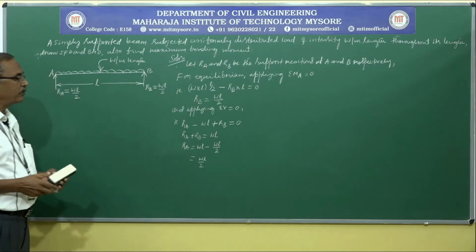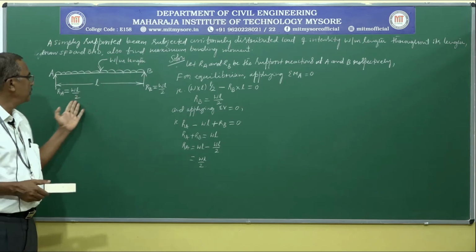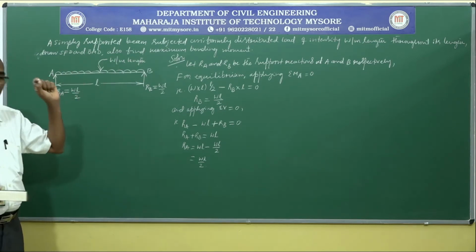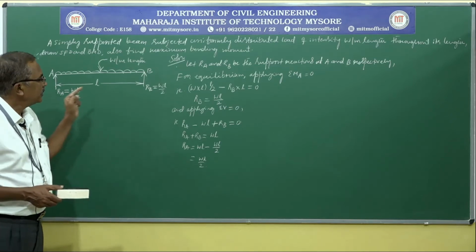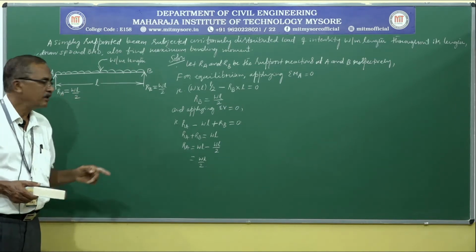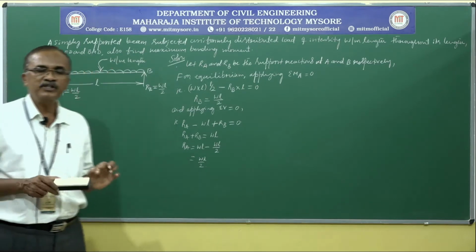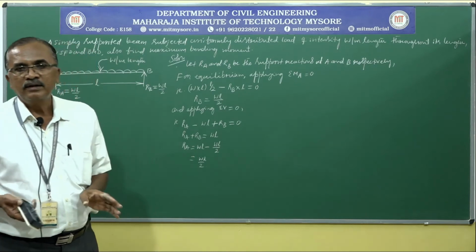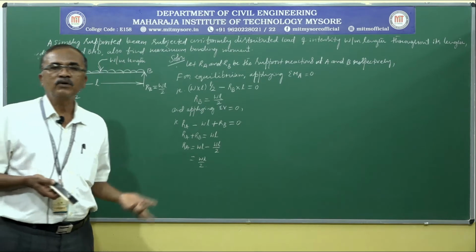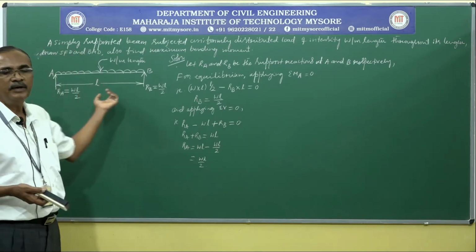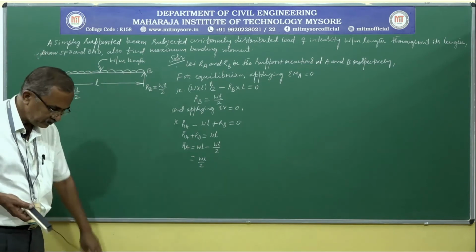So this is by applying equilibrium conditions and we will get WL by 2 like that. But after solving so many problems, here onwards you should be able to tell the support reaction just by observing the loading condition. If a simply supported beam is subjected to uniformly distributed load throughout, then reactions at the supports are always equal. That is equal to total load coming on the beam divided by 2, and it is the standard case.